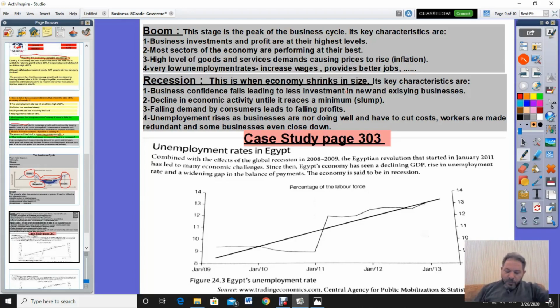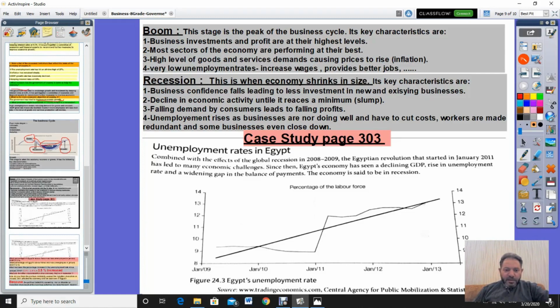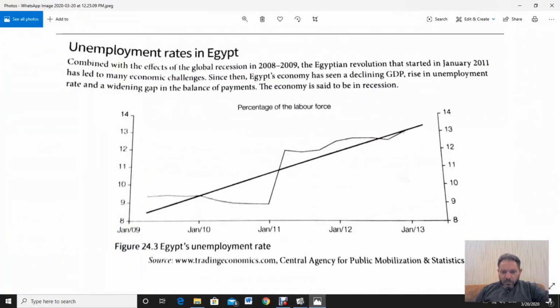Okay. Let's go directly to the case study on page 303. As we see here, the figure shows the unemployment rates in Egypt. Let's have it bigger now. It shows the unemployment rates in Egypt combined with the effects of the global recession in